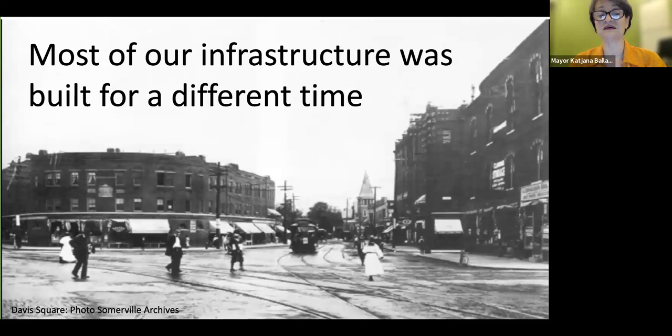Most of it and the major items were built in the 1800s and the early 1900s. That includes our network of roads, many of our buildings, and especially our sewers, many of which are still more than 100 years old. Even our so-called newer buildings like DPW or our traffic and parking offices were built in the 1950s. That's roughly 3/4 of a century ago.